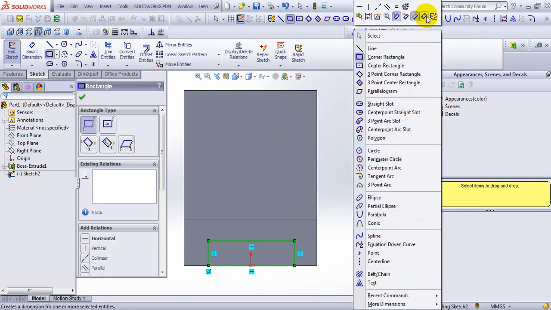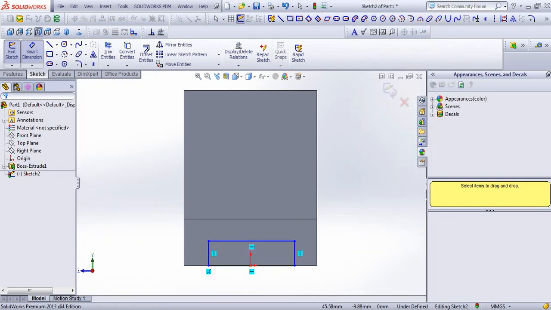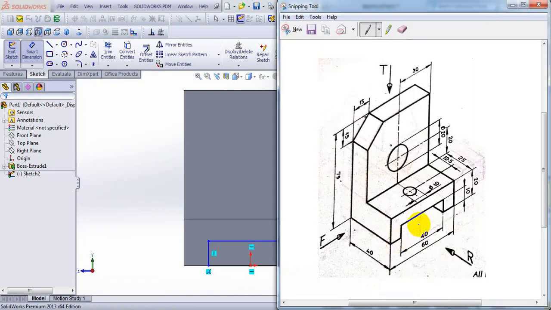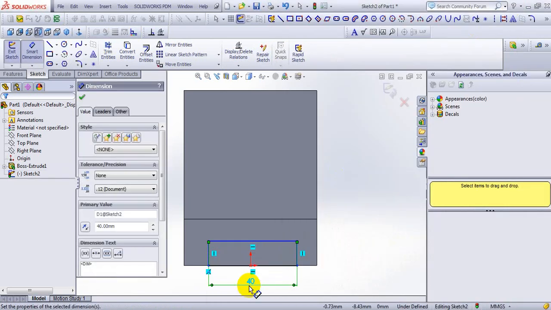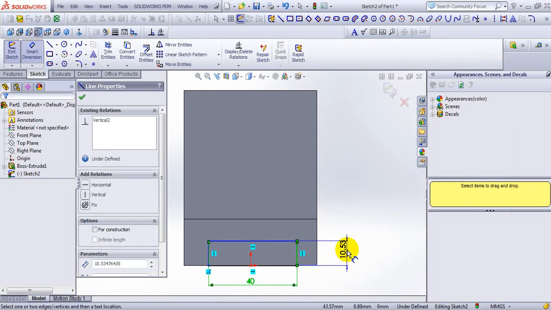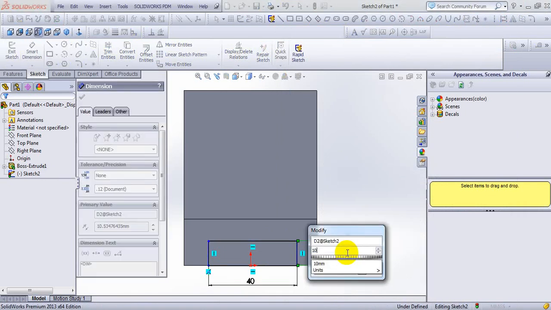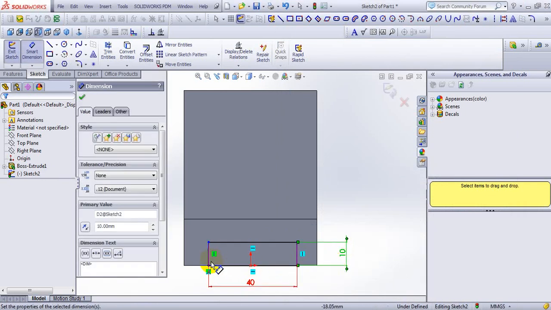Make dimension. This is 40 mm. Enter 40. Height is 10 mm, and this will be exactly the center of this rectangle.